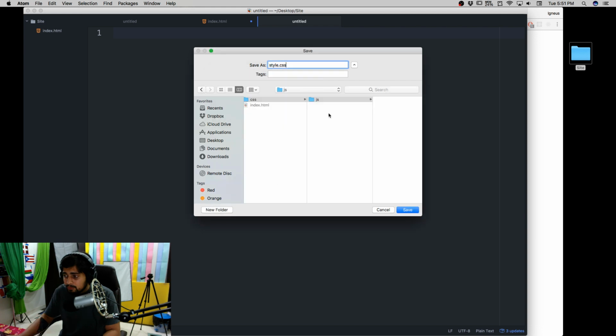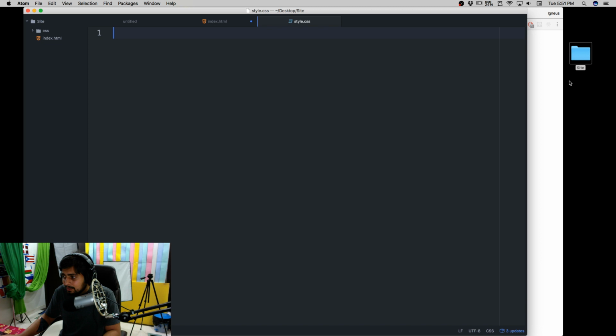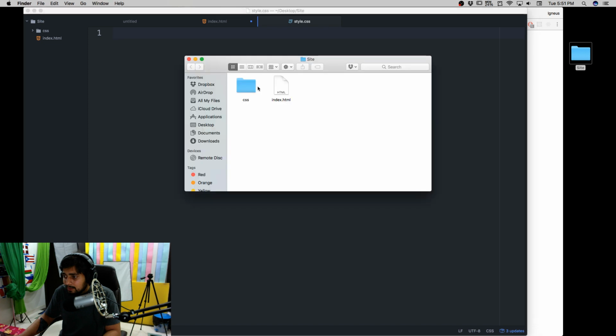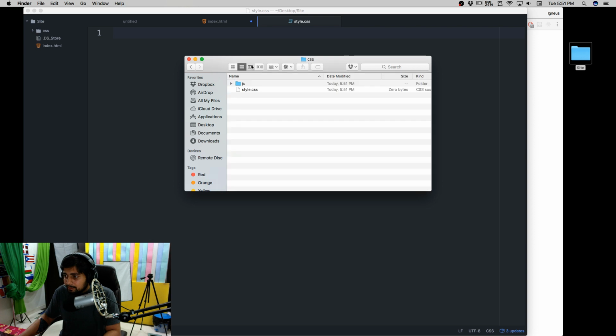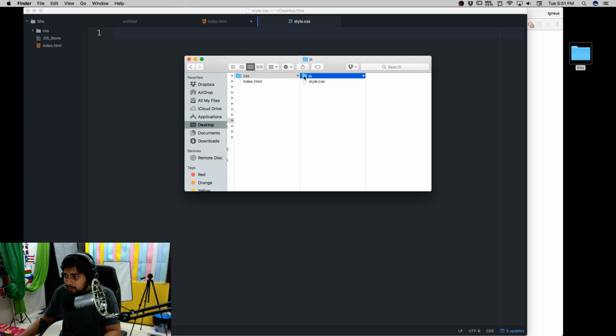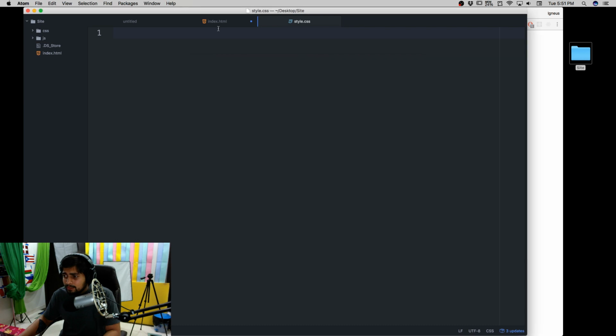Inside the CSS folder, I can just cut this file and paste it in there. Okay, now it's good. So our index file is there, our CSS is there, our JS is there. That is good. So far, so good.